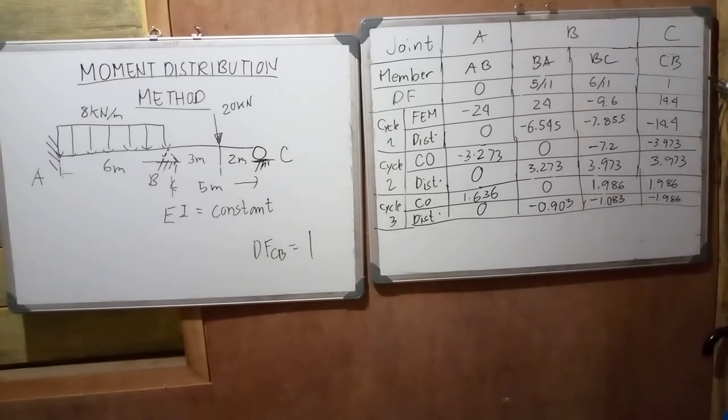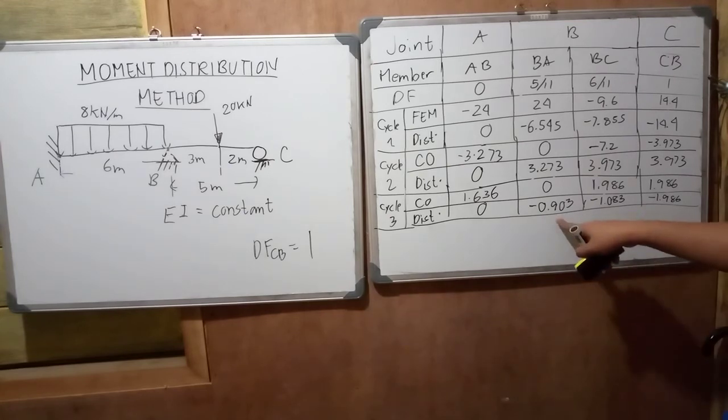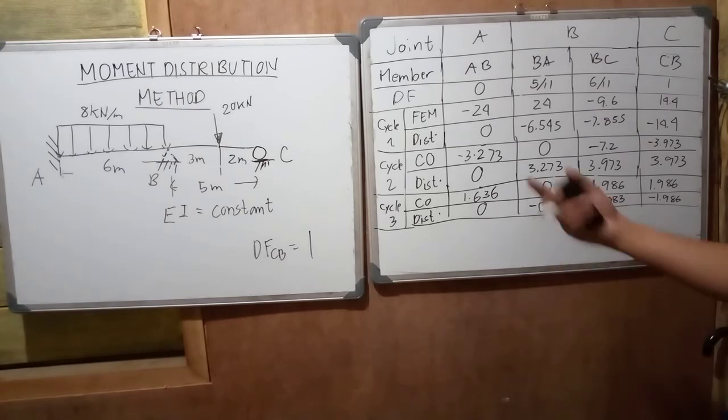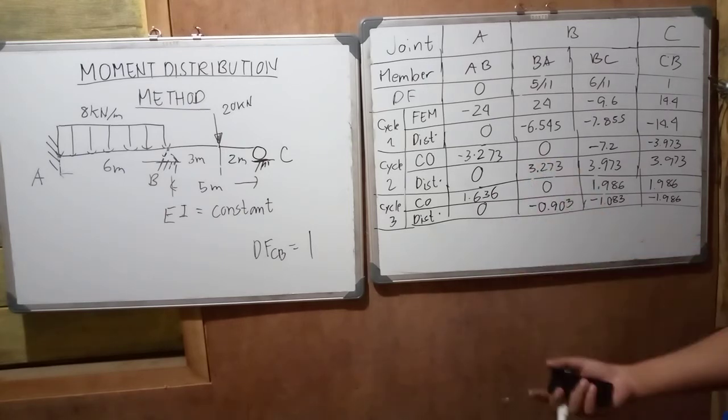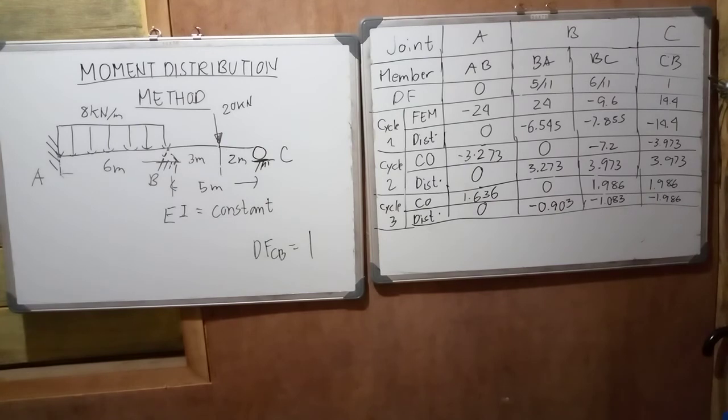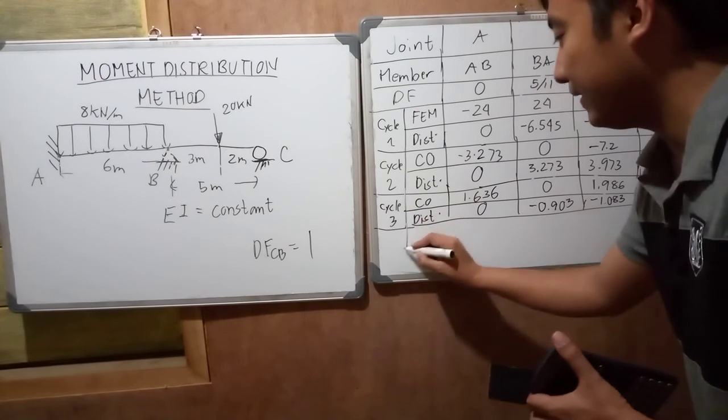Okay? So, maybe dito muna. Actually, hindi siya accurate masyado, class, kasi mayroon pang natira. To make this computation more accurate, dapat you see to it na yung huling distribution is mas maliit na maliit, 0.00, 0.03, 0.05. So maybe dagdagan natin ng isa pang cycle, cycle 4 for this,